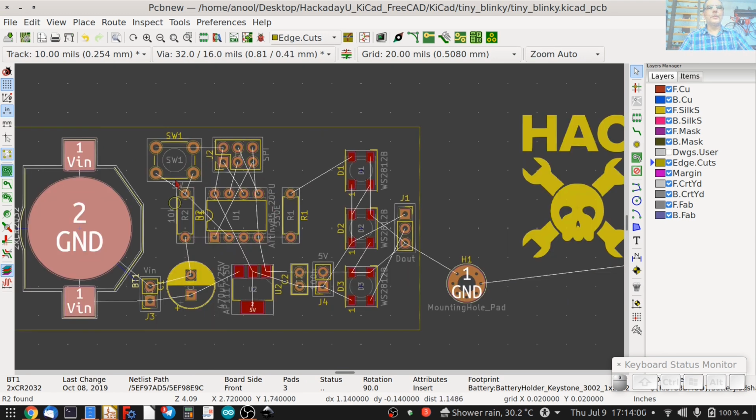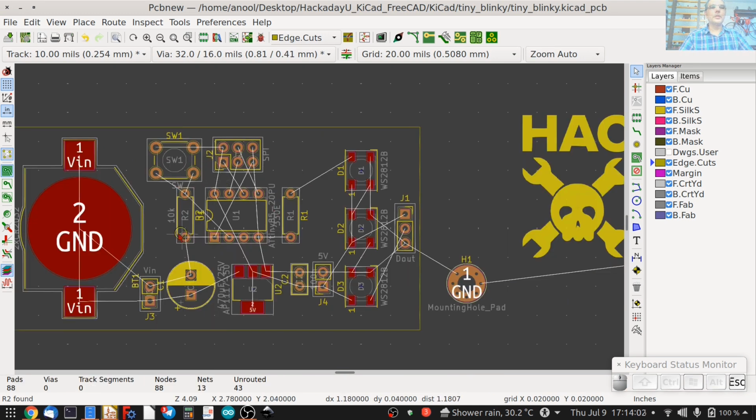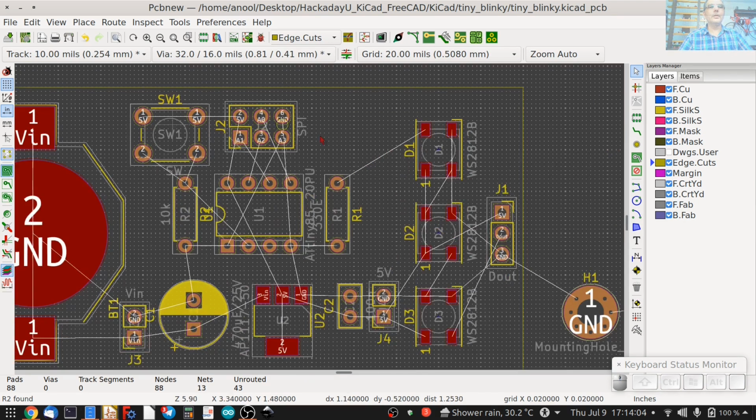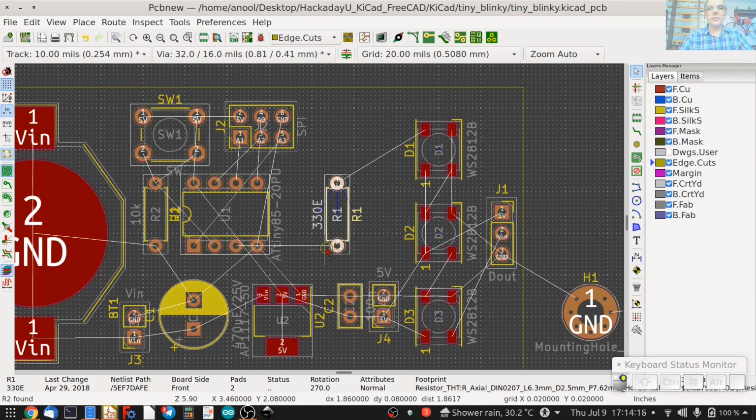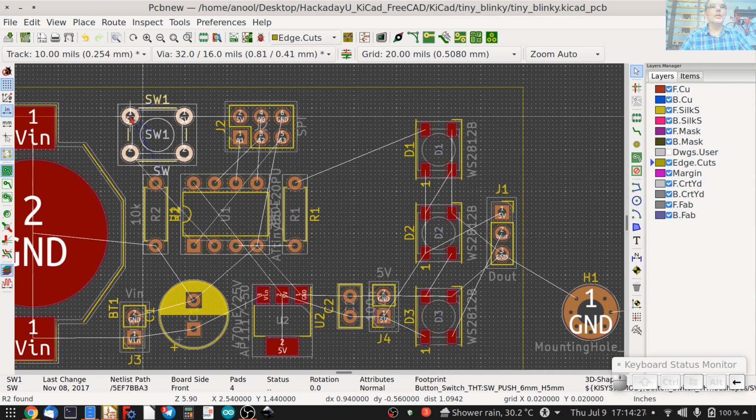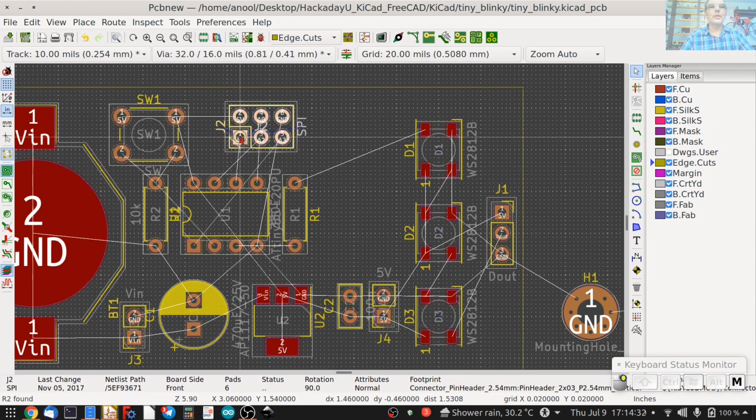And then let me move these parts towards the battery holder. I can either grab them as a group or just do one at a time. Move the resistor, move this IC, move the second resistor, grab the switch, move it a bit, grab the programming header, move that.